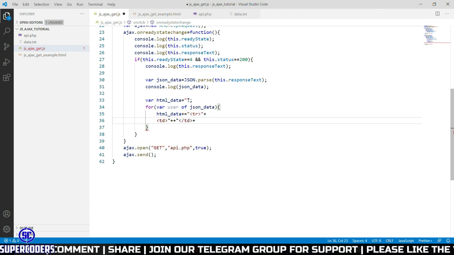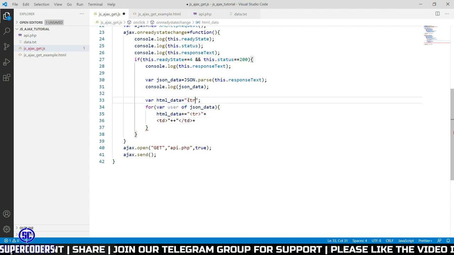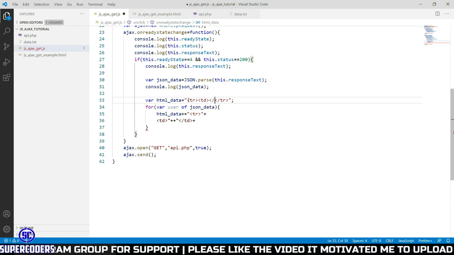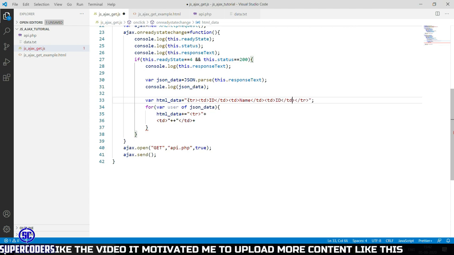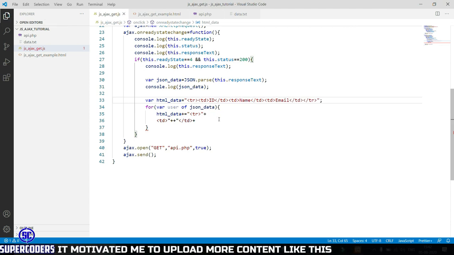Also add one more thing, tr, then td: id, name, email. So I am printing only three column values.